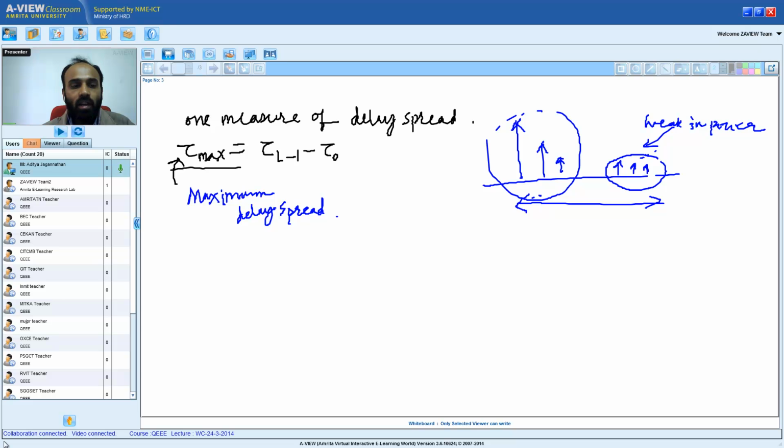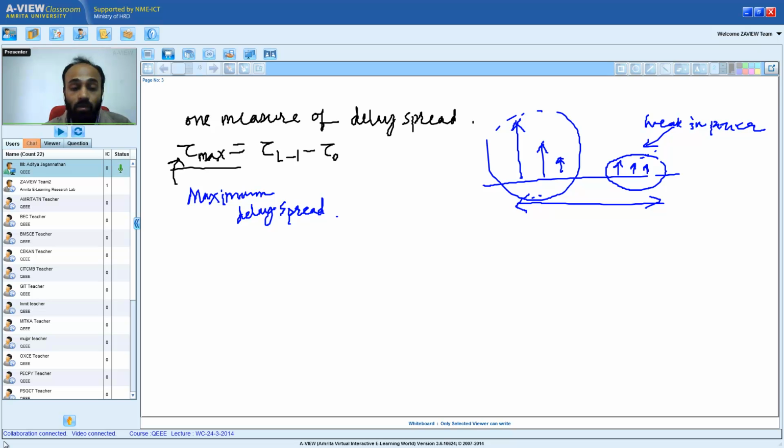in power. The last arriving paths are the paths that frequently arrive after a large amount of delay. Typically the paths which arrive after a large amount of delay are fairly weak, right? Because the strongest paths correspond to the scatterers which are close by. As the distance and the delay increase, the signal strength also decreases considerably because of the long distance the signal has to travel, right? So the last arriving paths are frequently very low in power